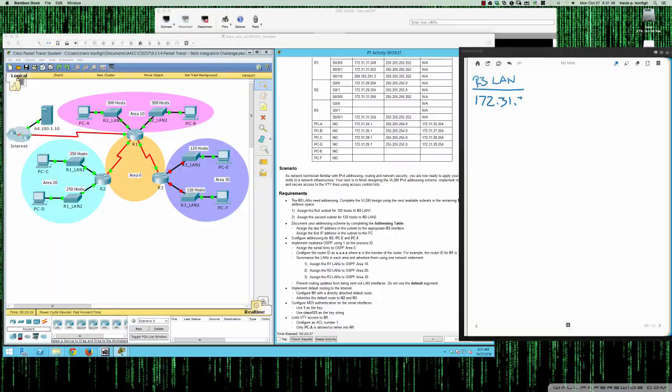172.31, whoops, I'm going to escape out of that, and it's now gone nuts. All right, let me back this up here, Control Z. All right, 172.31.30, whoa,